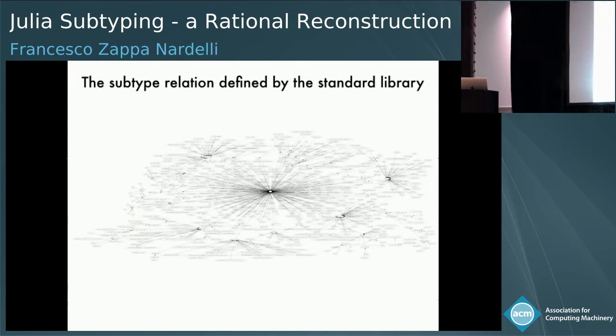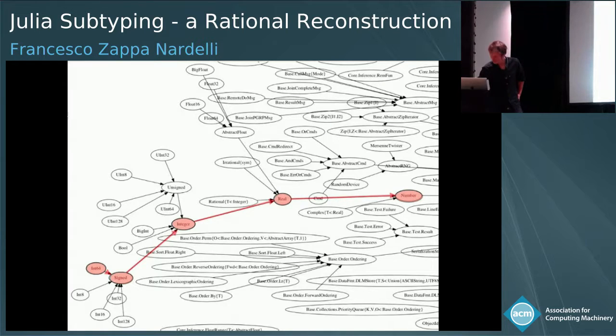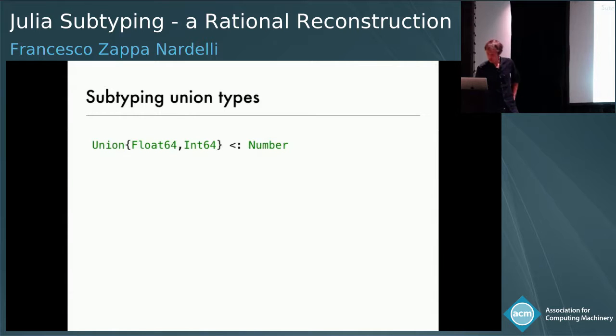Here there is Any, the supertype of all types. And if we zoom in, we have Int64. We have Int64, Signed, Integer, Real, and we get all the way to Number. Great. Nothing new here. Now, some other subtyping rules come